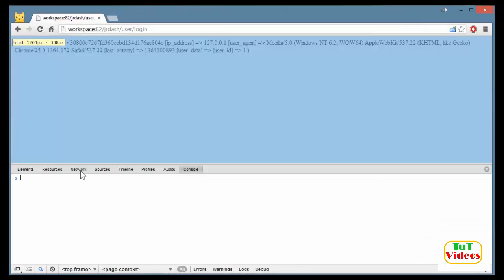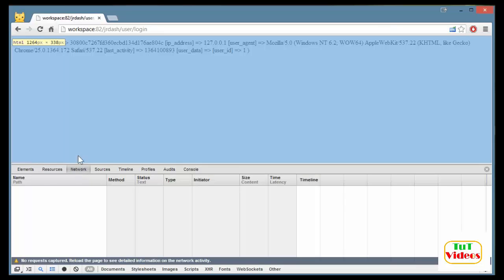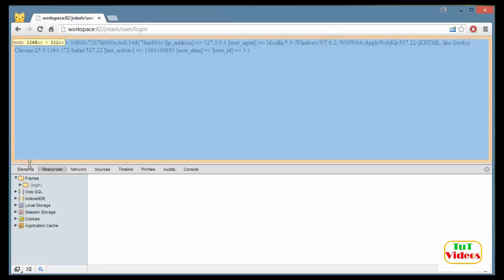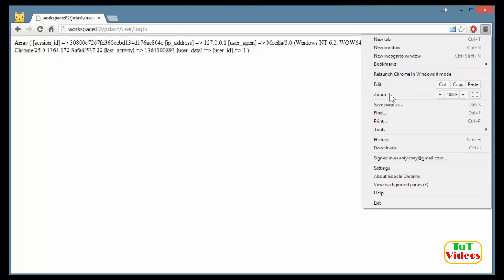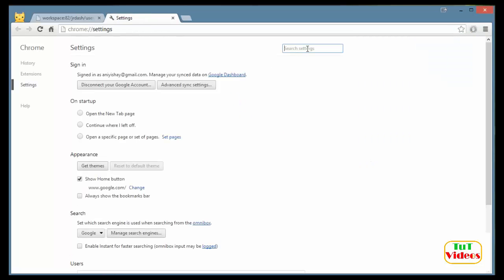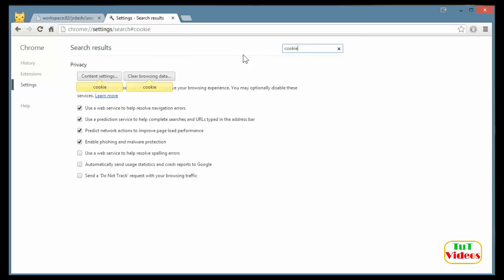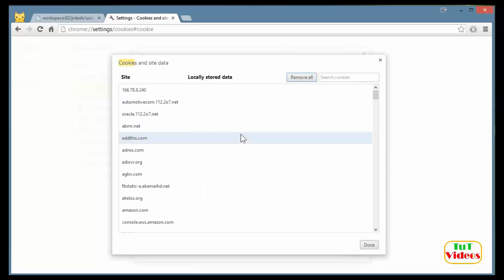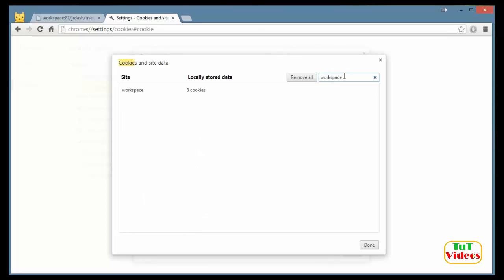See this session ID? It's pretty encrypted and prevents other people from manipulating it. So if I go to my Chrome developer tools, I believe I can see a cookie somewhere in here. Let's see. Forgive me, it's not this area. It's actually in your settings. So settings, and I'll just search for cookie and content settings, all cookie and site data, and I'll just look for workspace, and we have 3 cookies,